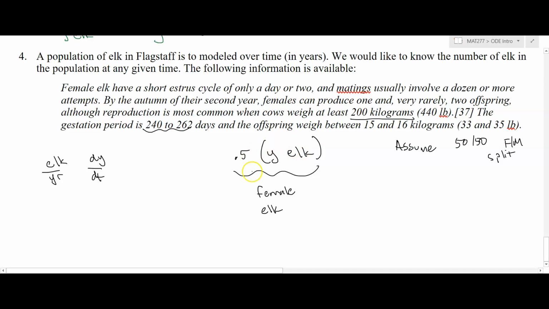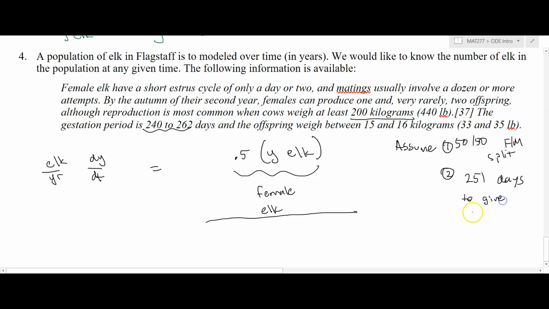So this actually tells me the number of elk, but not with respect to time. So in order to get elk per year, I have to divide this by how long it takes to produce those elk. Well, it takes 240 to 262 days, so I'm going to make another assumption here. And again, I wouldn't expect you to be able to do this right off the bat, but as just a modeler, how do you approach these problems? We're going to assume, or I'm going to assume, that halfway between this, that it will take 251 days to